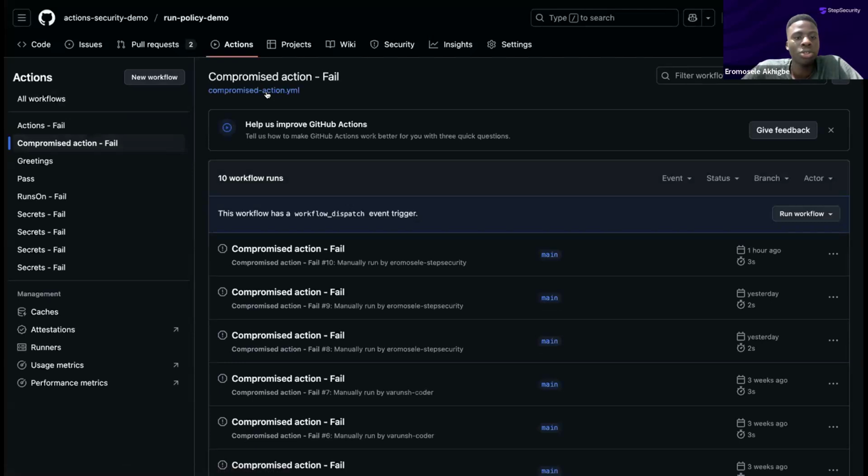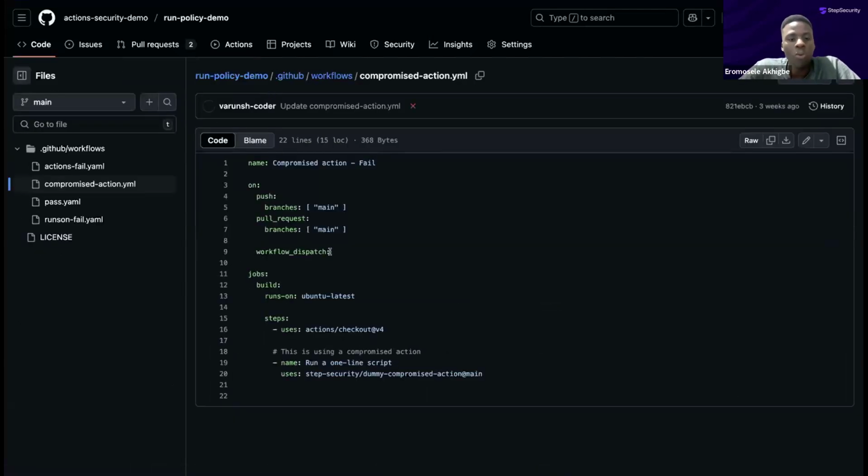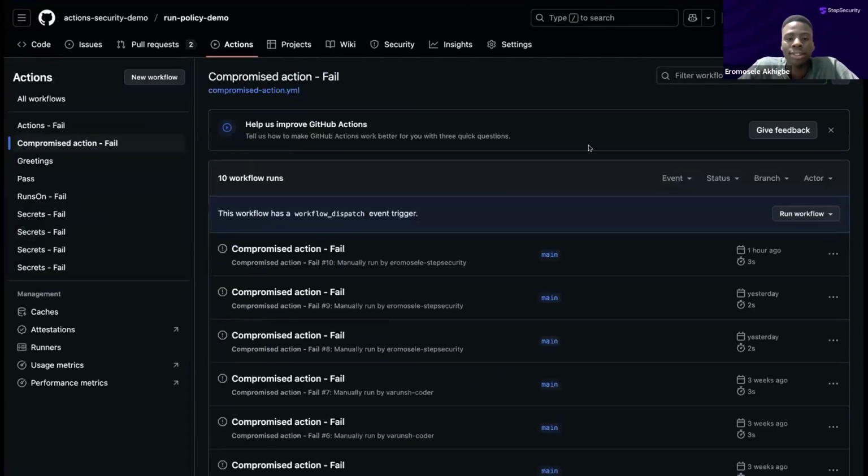Just demo this to you. So let me show you what the workflow file looks like. So let's assume, we have right now in the list just one action, because it's a dummy compromise action. So let's assume that this was TG actions on that particular day, and we had added TG actions to the list of compromise actions. Once I try to run this workflow,